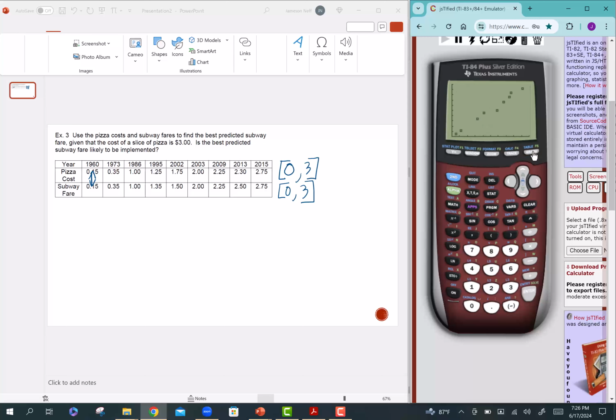Then you hit graph. Okay, now you can see your graph, and it appears to be linear, so that's great. Now that we know that, let's do a more in-depth analysis. So to do that,